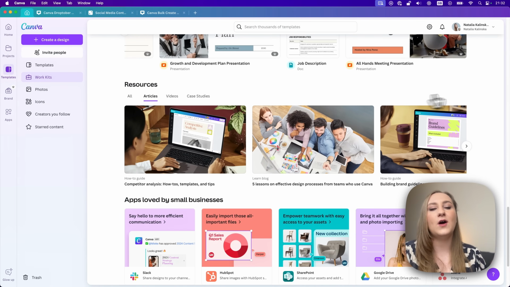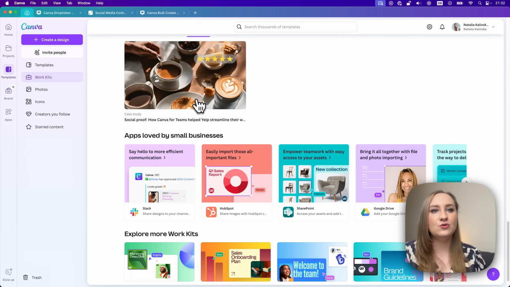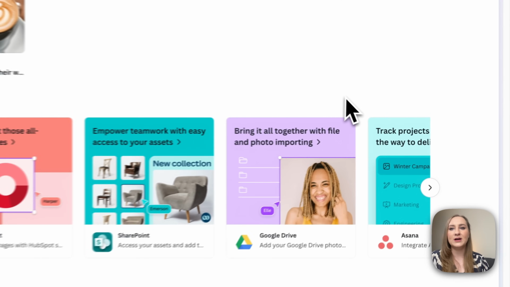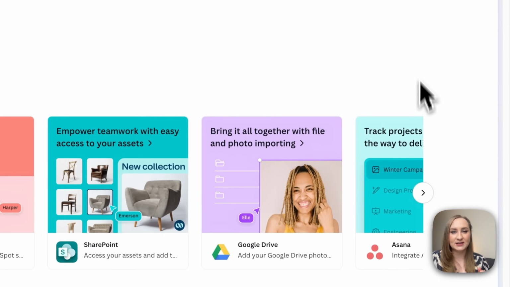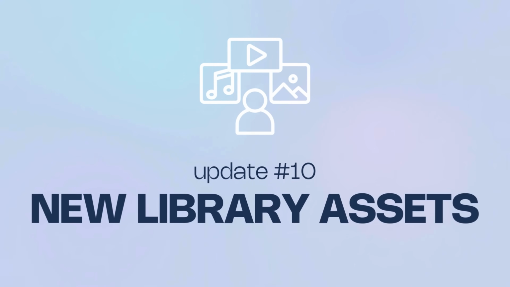And then below, we've got a series of additional resources like articles, videos, and case studies, plus a super useful integration section in here for small businesses like your Google Drive integration or an Asana integration again. So go check this work kit out. I find them to be really helpful and quite inspiring to see if you can do things differently or maybe even more efficiently. And we have new assets in the library too, and this is a really big update,